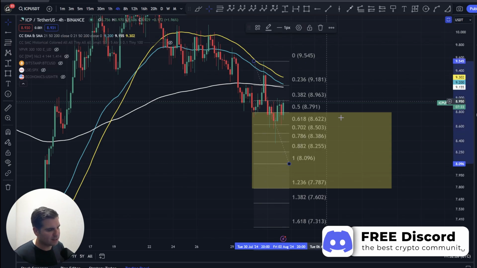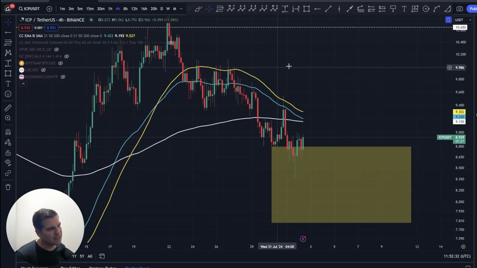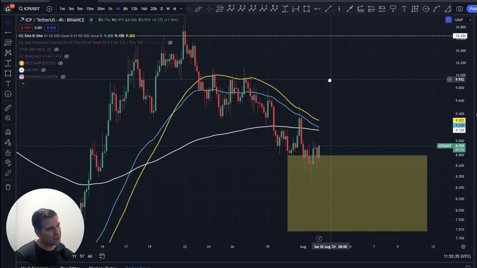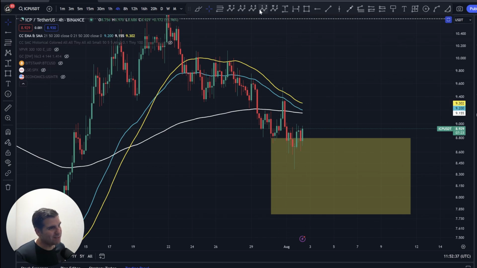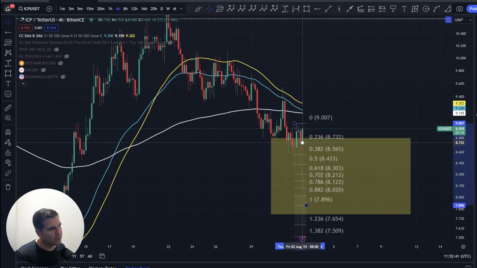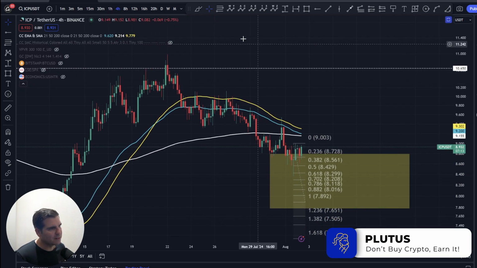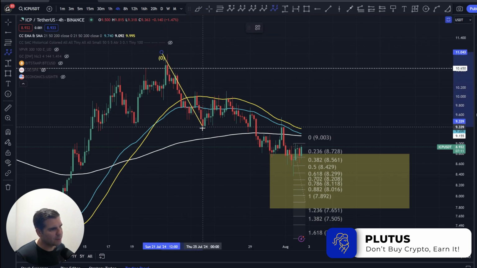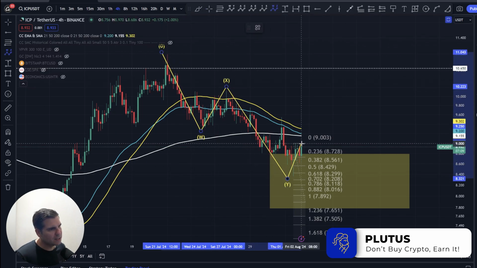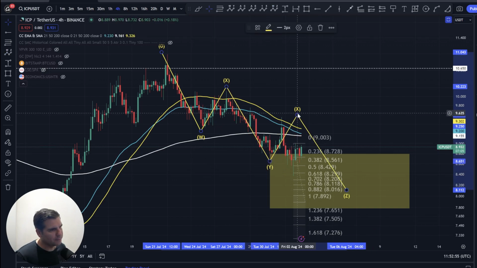So you can see the Z wave is quite broad. But my main concern here is that we don't really necessarily see the cleanest structural points to the downside. And what I mean by that is we might actually find ourselves with this final move coming in, taking us down into the deeper ranges here under that Z wave pattern. Okay, so that would actually be more like this, where we have a W, X, Y, X and Z, if I put the Y in the correct spot right here.